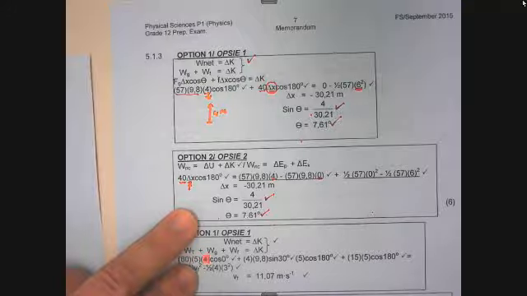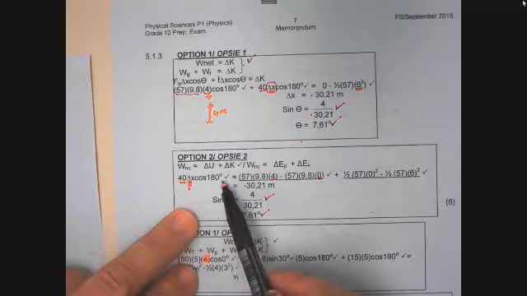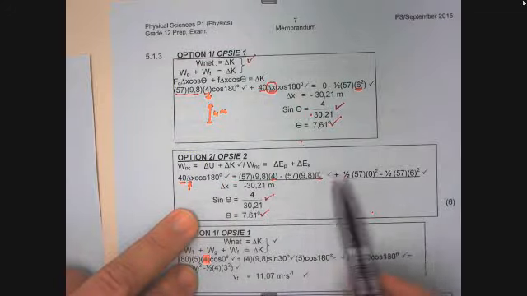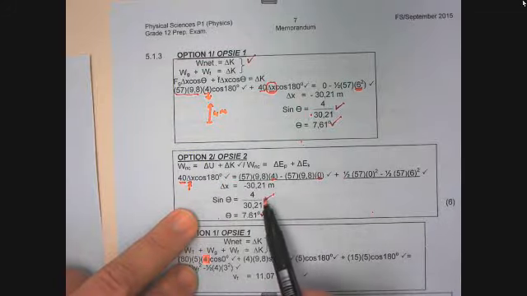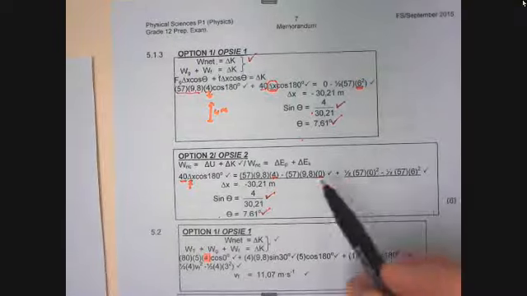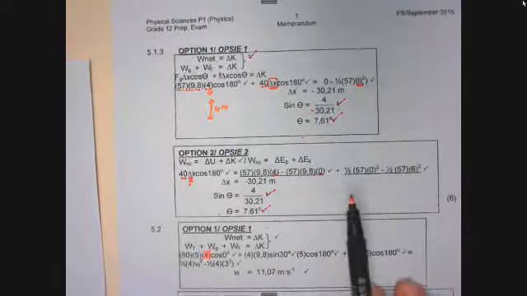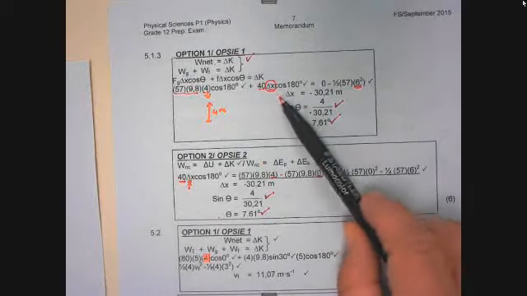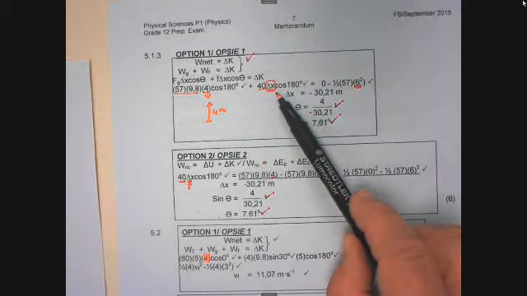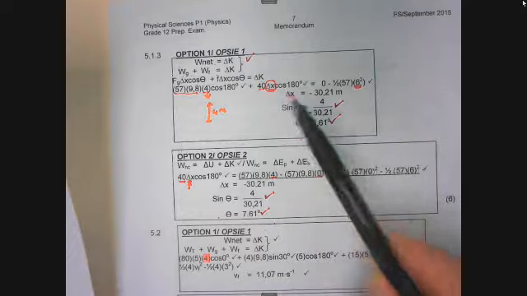Again, the mark allocation is basically the same: 1 for the formula and 1 for each component calculated, 1 for substituting the values to calculate theta, and then 1 for the final answer. 6 marks. Right, that is 5.1.3. Maybe the learners could have found it difficult because it's on an incline, but I think it is a basic, straightforward question on work done on an incline.